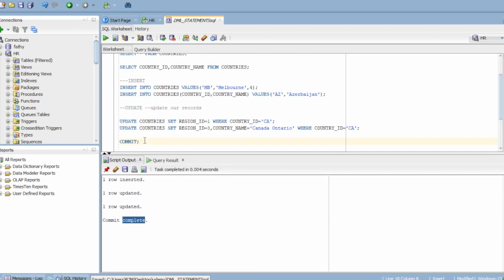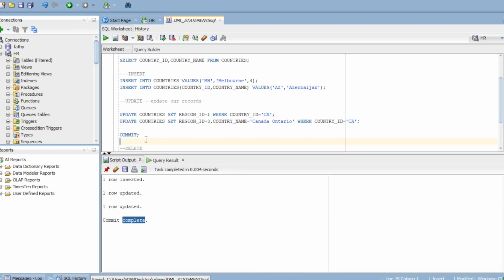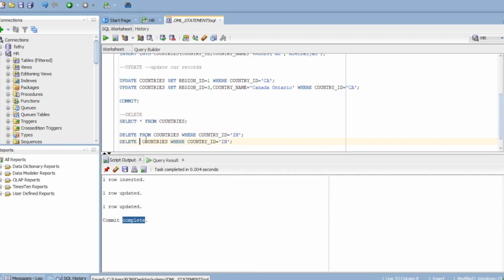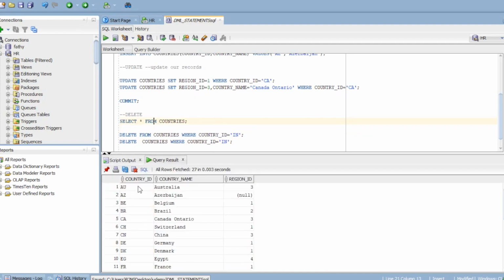Okay, so now we are going to see about a delete statement. Okay, so delete statement, first I will show my table, countries table. Then see here, I am going to delete some record called AZ. Okay, I am going to delete this row, AZ Azerbaijan null.